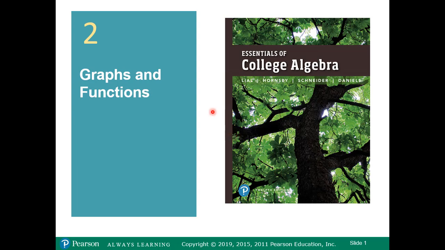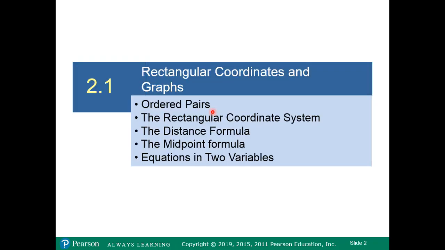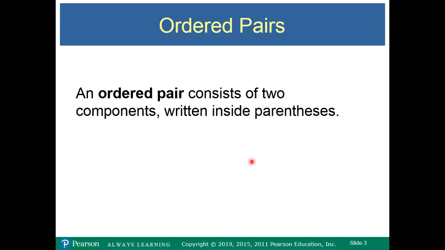Okay, welcome back, and today we're going to start Chapter 2, and Chapter 2 is all about graphs and functions. So in Section 1, we're going to talk about rectangular coordinates and graphs. So we're going to talk about ordered pairs, the rectangular coordinate system, the distance formula, the midpoint formula, equations in two variables. An ordered pair consists of two components, an x component and a y component, written inside